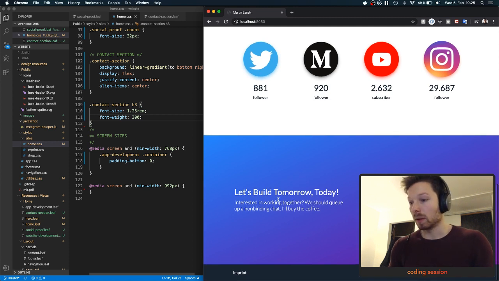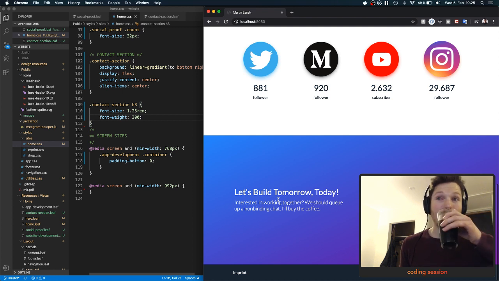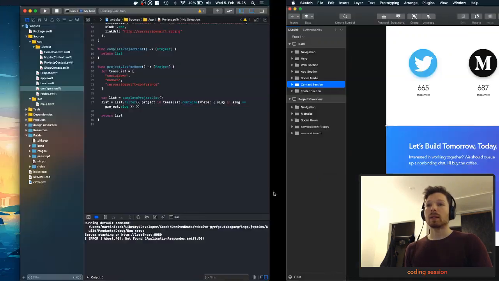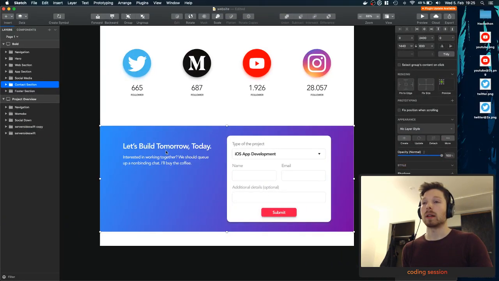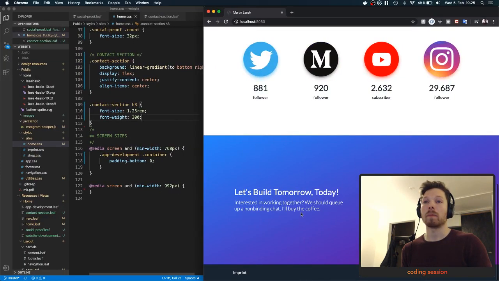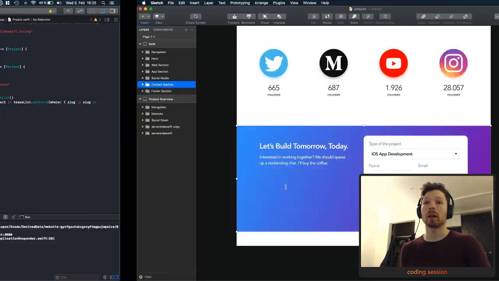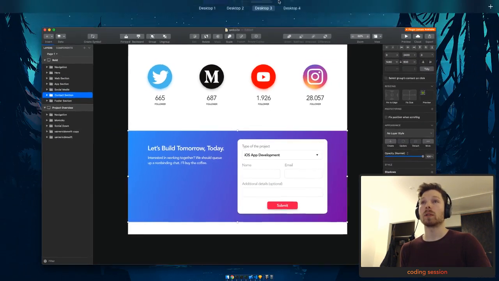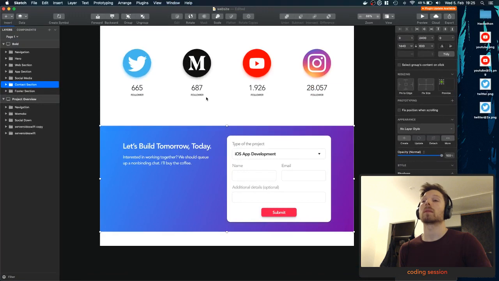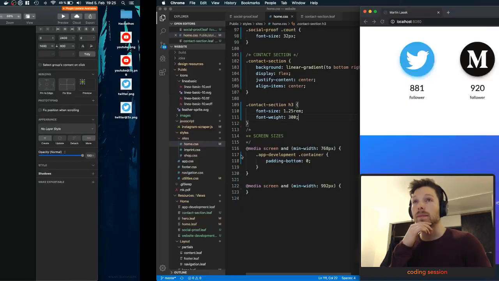That looks good to me. Awesome, yeah. Looks very similar to the design, aside that this one is located at the top. Let's see if we want that to be in the center or at the top. But first, we should build this form.